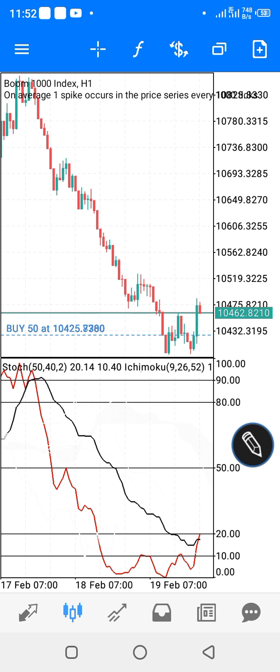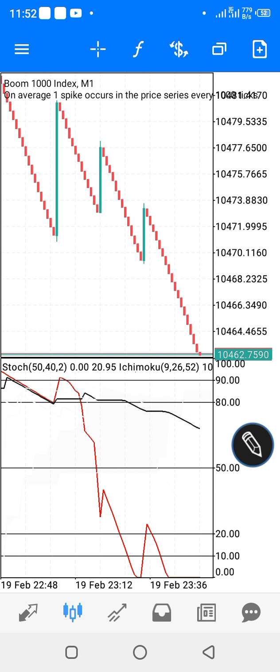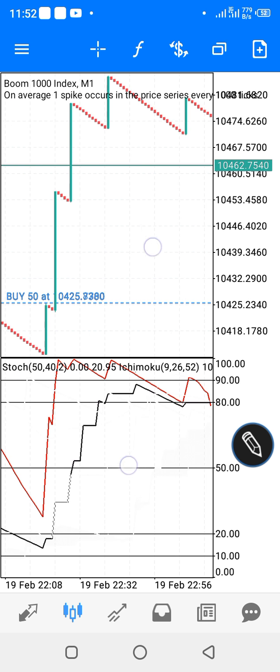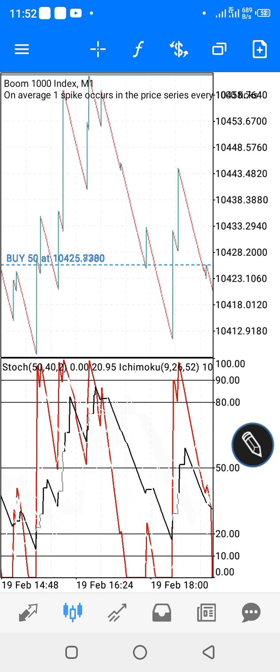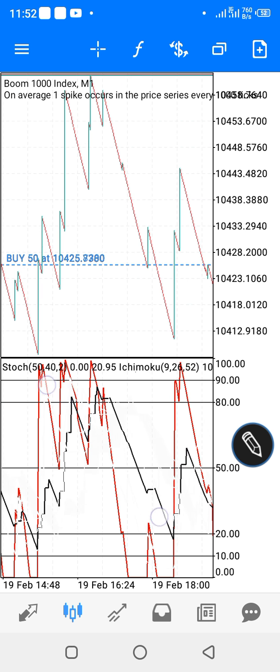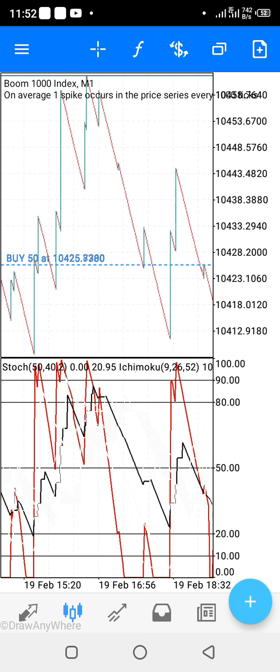Now, I want to show you something. If you don't want to do this with this same indicator, this is what I have usually been doing. I'll be crossing this straight. If you look at the indicator, you see that always when it is up here,